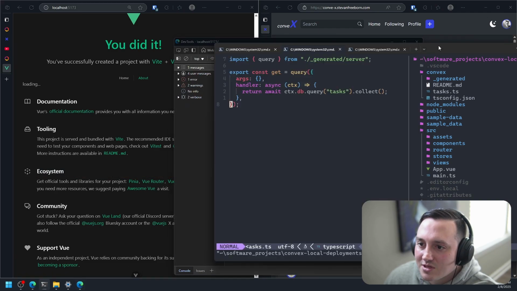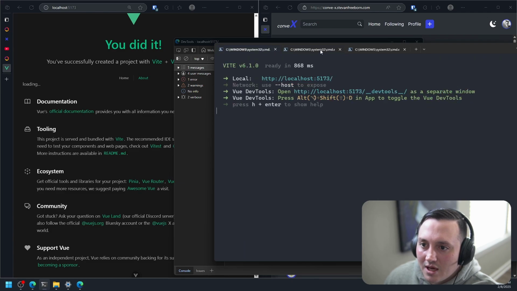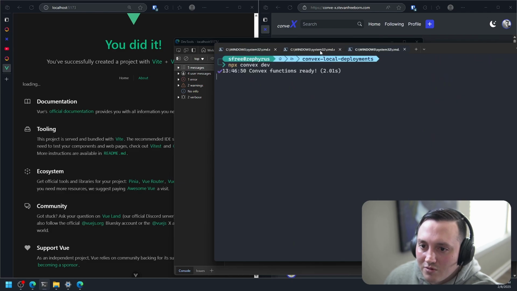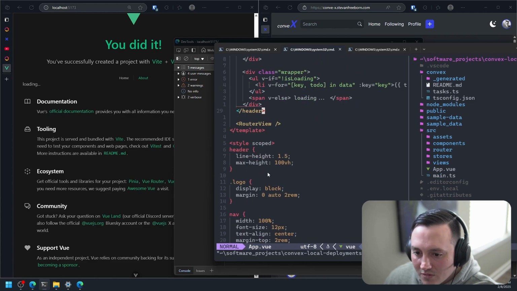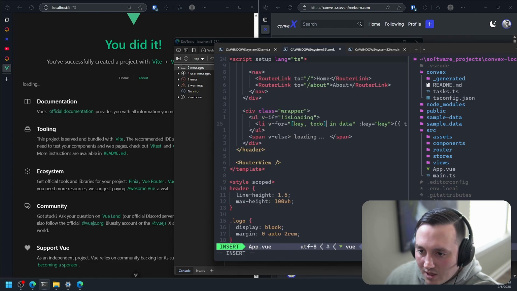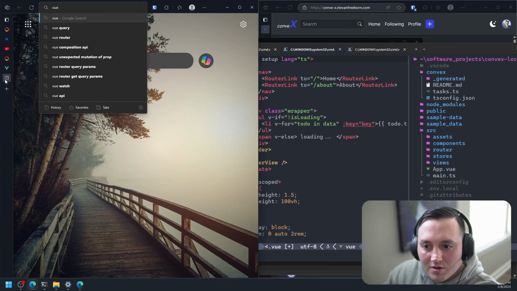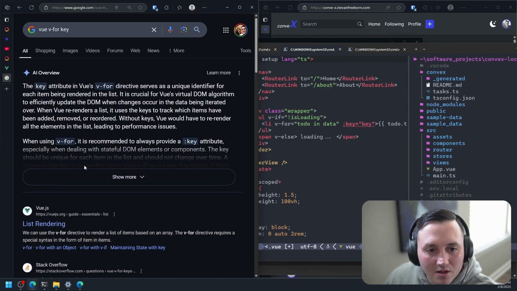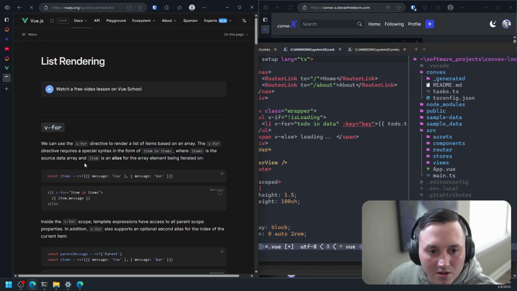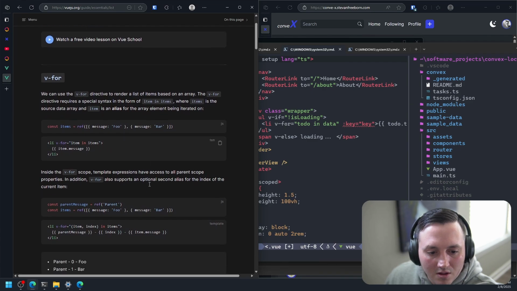Oh, I think I'm just not doing it right in that for loop. Yeah, let's just write todo for now. I know there's a way to get a key from this. Let's see, hold on. Vue v-for key. There we go.